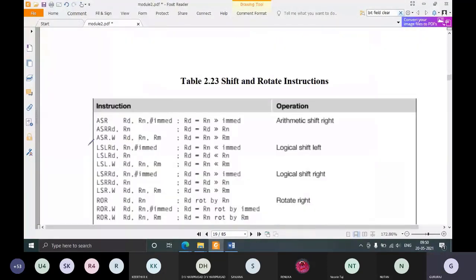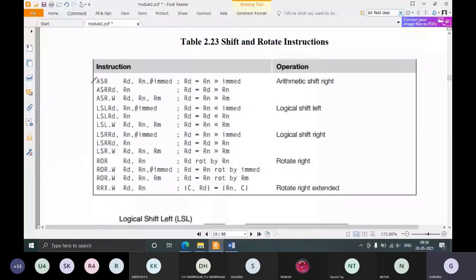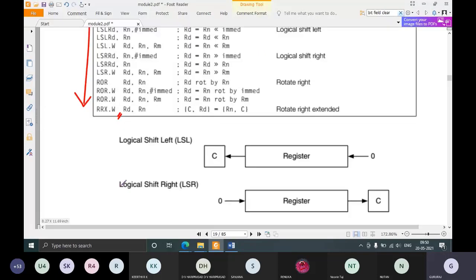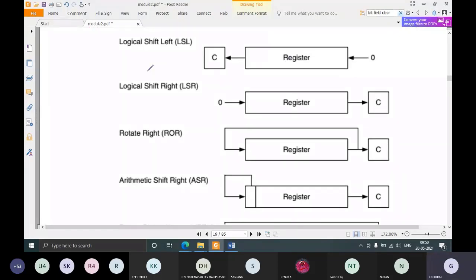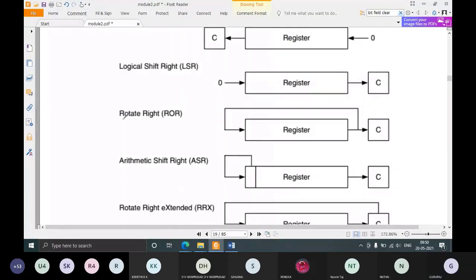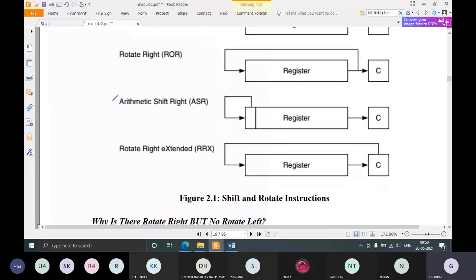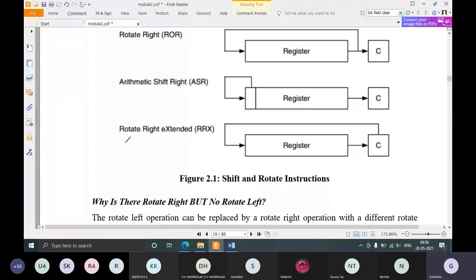This is also discussed: arithmetic shift right, arithmetic shift left, logical shift right, logical shift left, and rotate. You can remember these diagrams if you attended the previous session. These are already discussed.